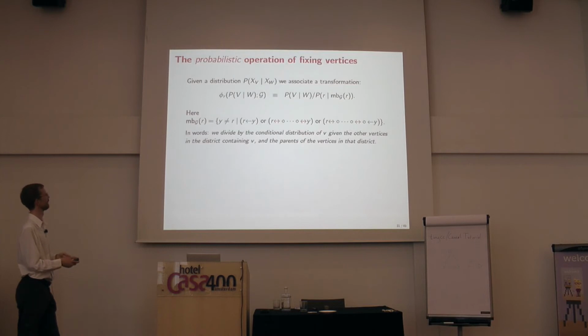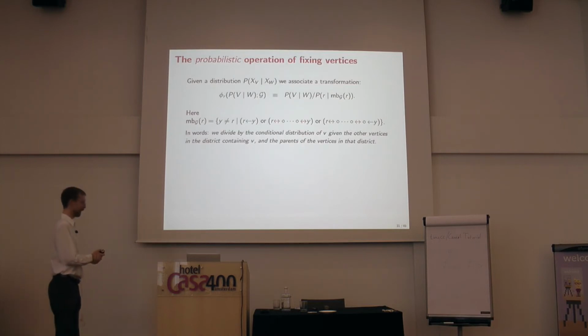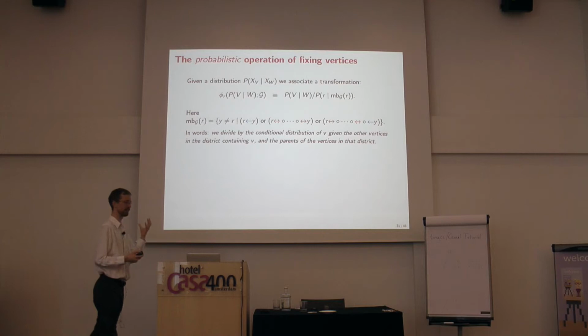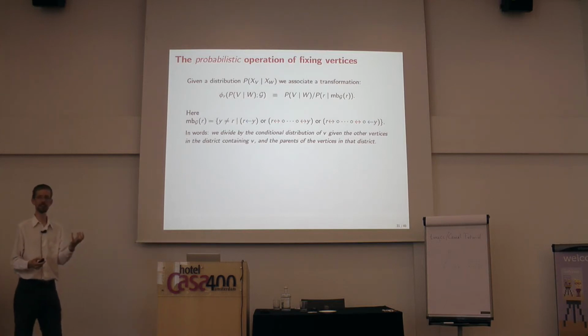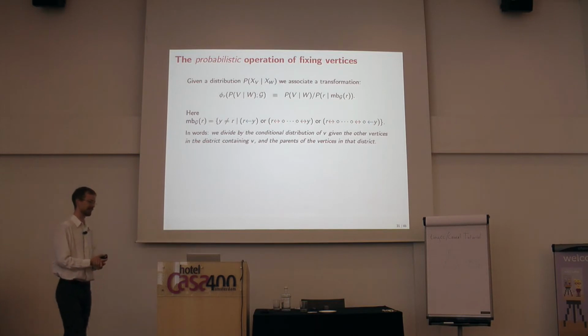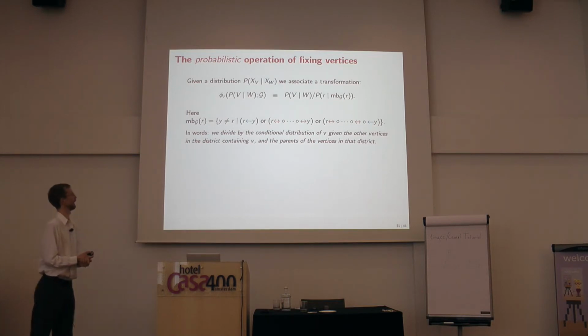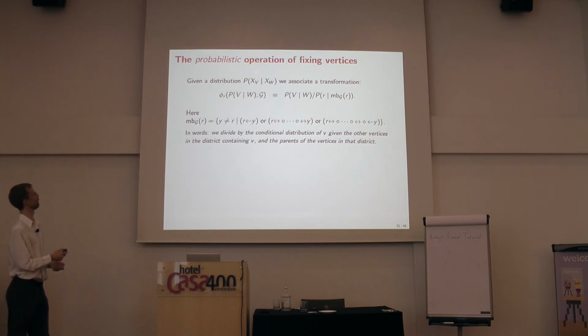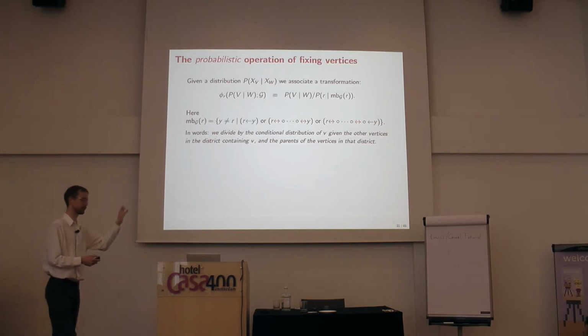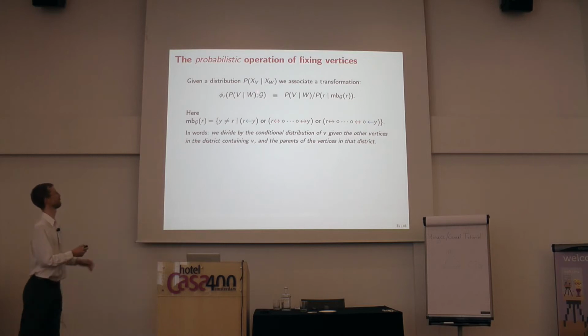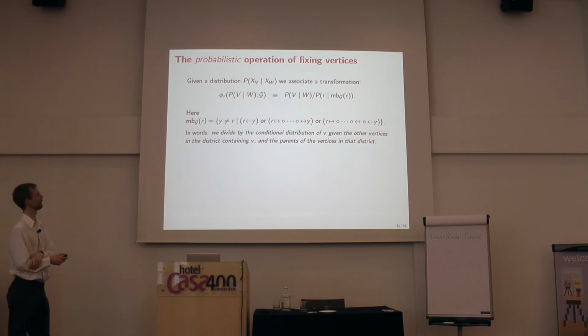Okay. So that's the graphical operation. We're using these graphs to represent distributions, so we also want a corresponding operation on distributions. That operation is as follows. I'm going to come to you with a distribution over V given W. This won't necessarily be a conditional distribution from the original joint. I have some set of distributions over V indexed by W. And the operation that I'm going to do is take that distribution and divide